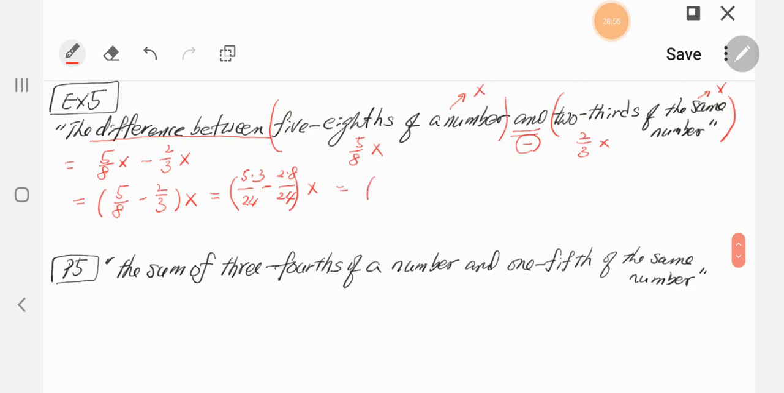Okay, so this is equal to 24 as the denominator, 15, 24, 2 times 8, 16. So add the numerator, 15 minus 16 over 24, right, x. The 15 minus 16 is negative 1 over 24x. So we can write it as